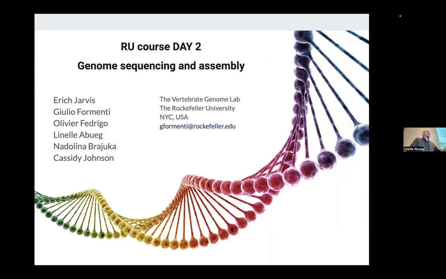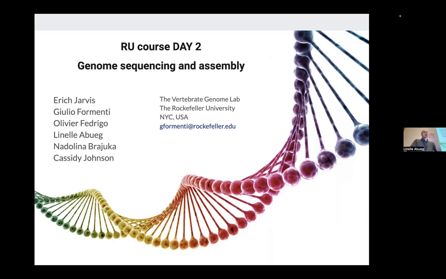Of course, all this stuff is taken care of by software that was specifically designed for it. But we have now reviewed the basic principle of how this works. So we start the assembly, and in the meantime, while it's running, it's going to take a few minutes, Olivier will talk about HiFi reads, that is really the input that we provide to the assembler. Then we're going to review the scaffolding steps. So how you generate chromosome level assemblies out of this long contiguous sequence as you can get out of the